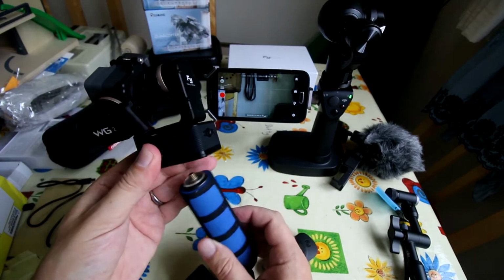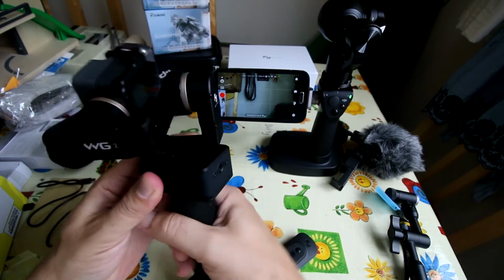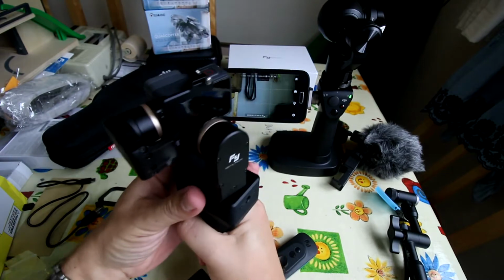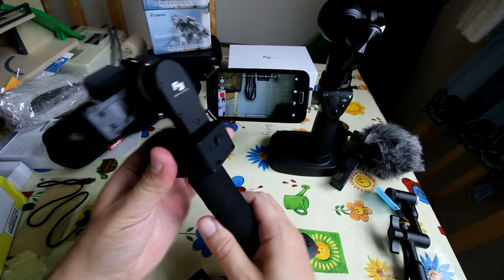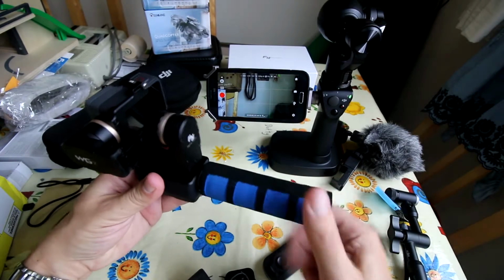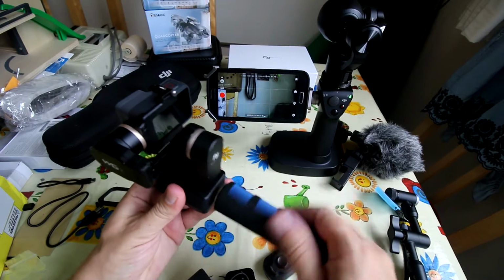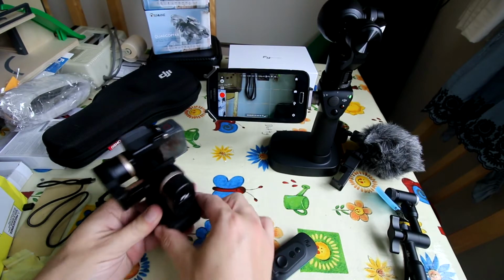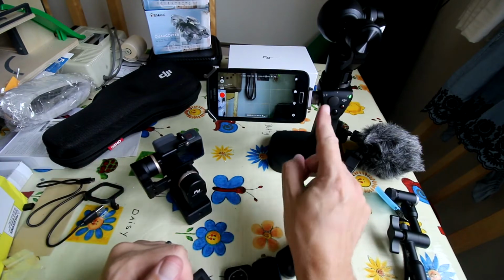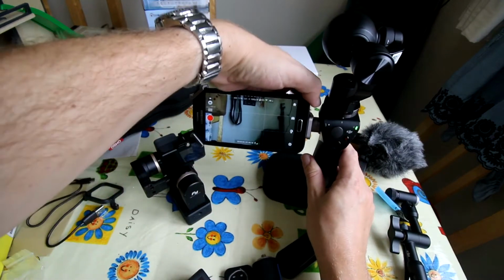If you want to hold it with a handle, it's got a tripod thread underneath. So I can just get a cheap foam handle and just stick that on. Or you've got screws on both sides, so you have the choice of mounting options, either for a handle or if you want to put it on a tripod or a suction mount or a stick. The mounting for the Osmo is much more tricky because it uses an odd connection, which they call